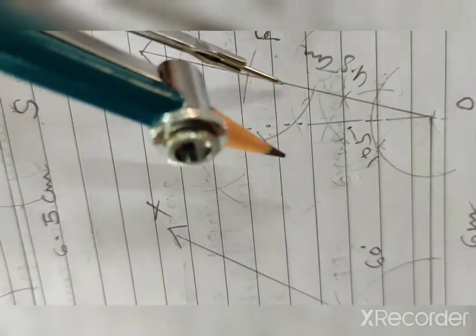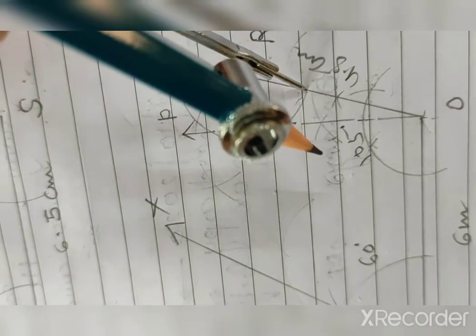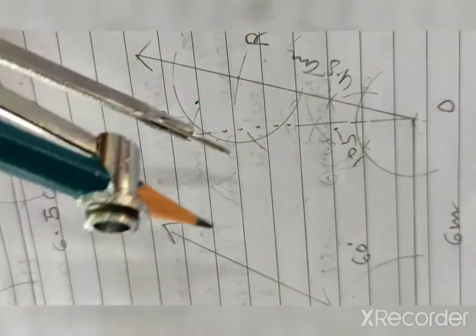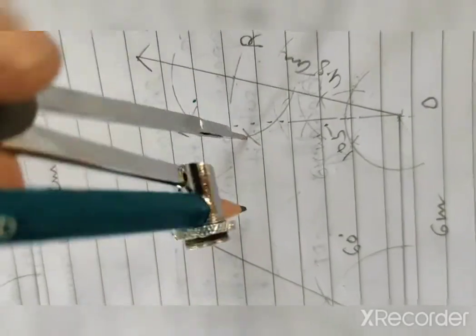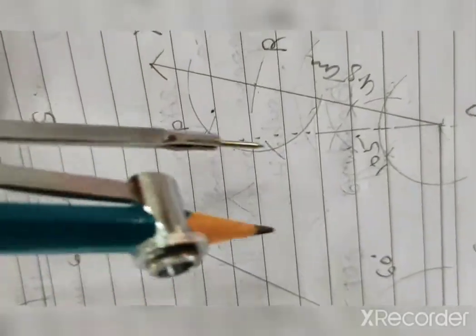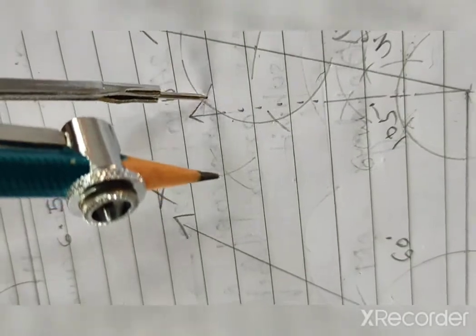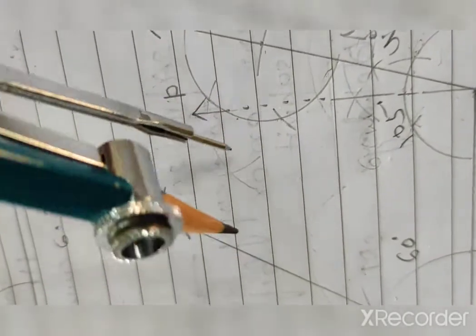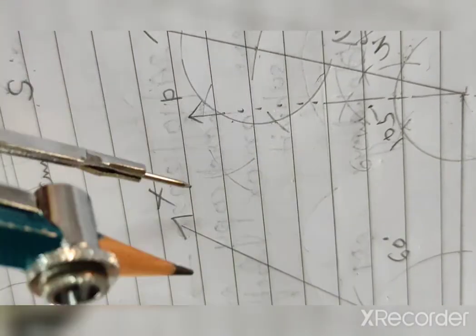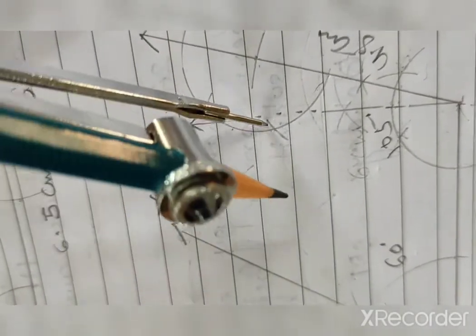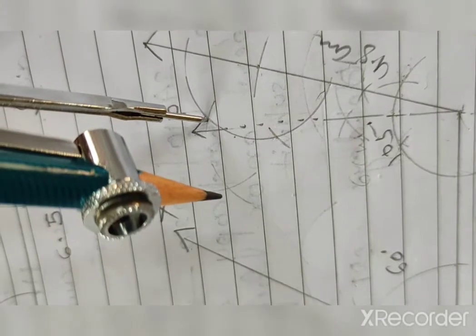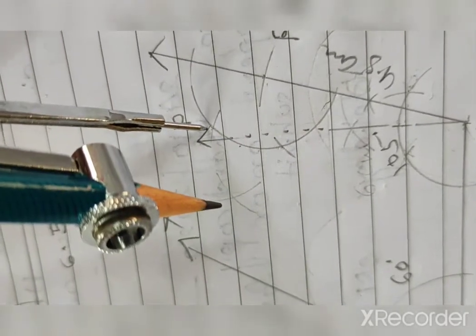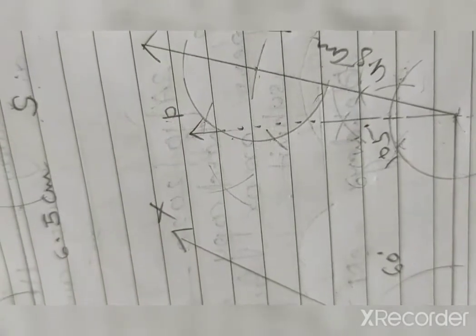Arc will intersect this ray at the intersecting point, you can see. Now another arc, so you will get 60 degree. Again draw 60 degree. Now this is 60. Now 30, and you know how we can draw the 105 degree. So bisector, you can see the bisector I have drawn here, from here and here. So 90 you will get, but the dotted line we will join, and again the bisector we will get, 105 degree.